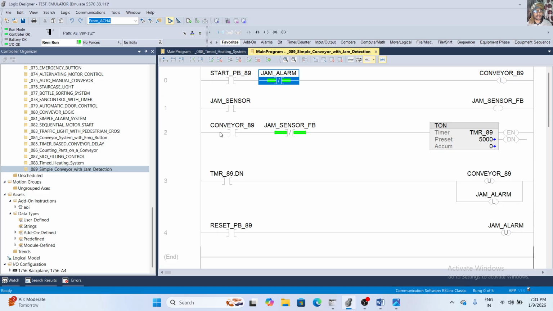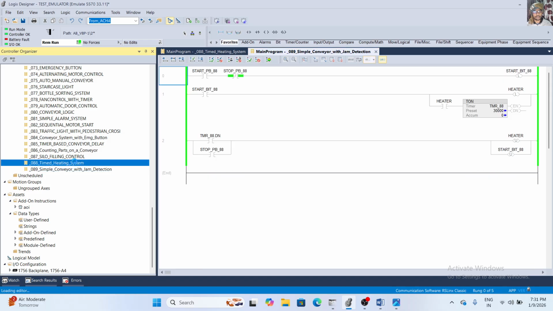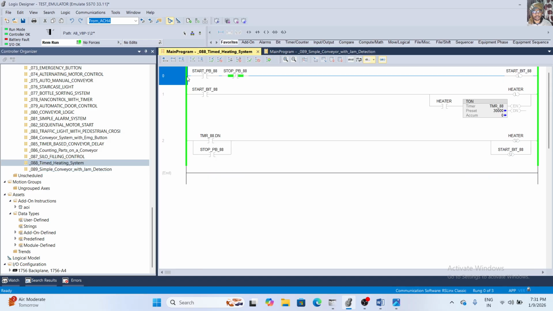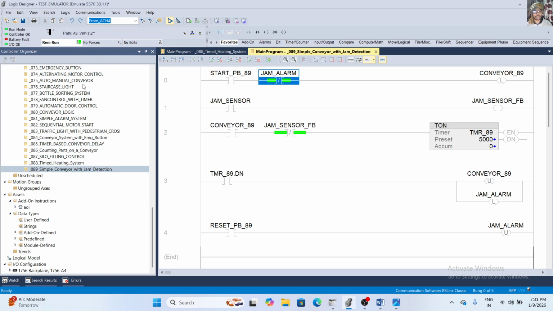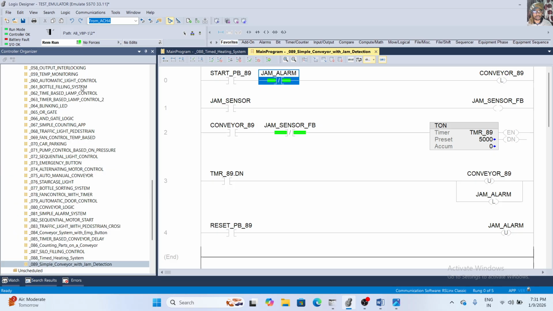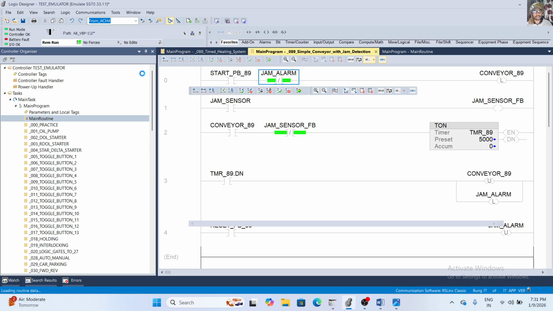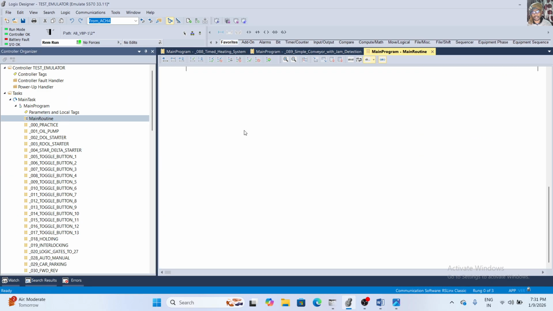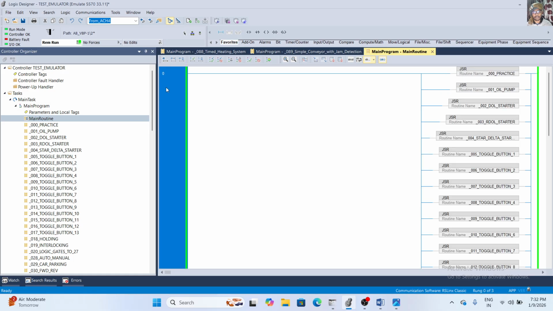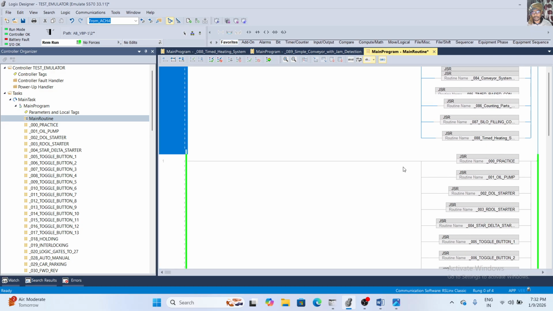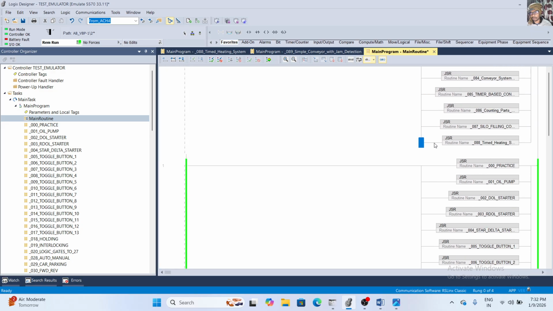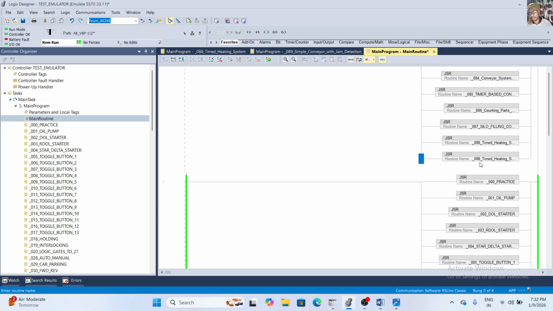Here, why is it not running? This is green, but this is not green, because I have not called it in the main routine, and the main routine is a very important topic in Studio 5000. Then I am going to Control C, Control V, and 89.